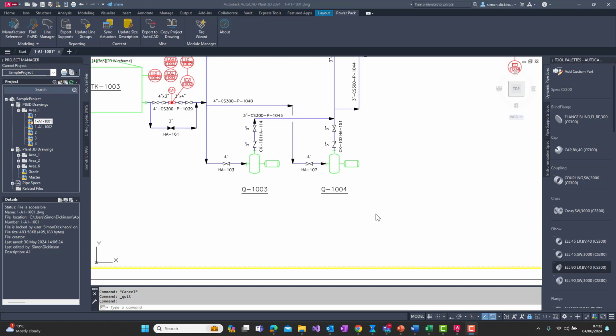Here's a glimpse into the future. The Tag Wizard will be released later this year in the 2025.1 version of the PowerPack for Plant 3D. The idea of a Tag Wizard is if we've copied drawings from another project and we want to reuse them,